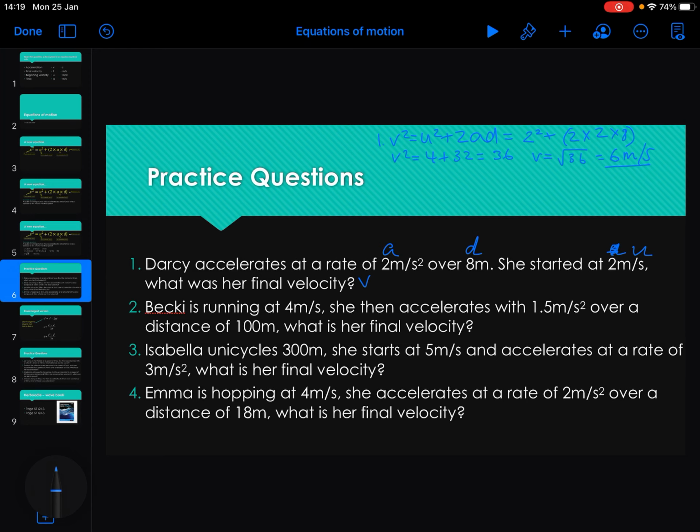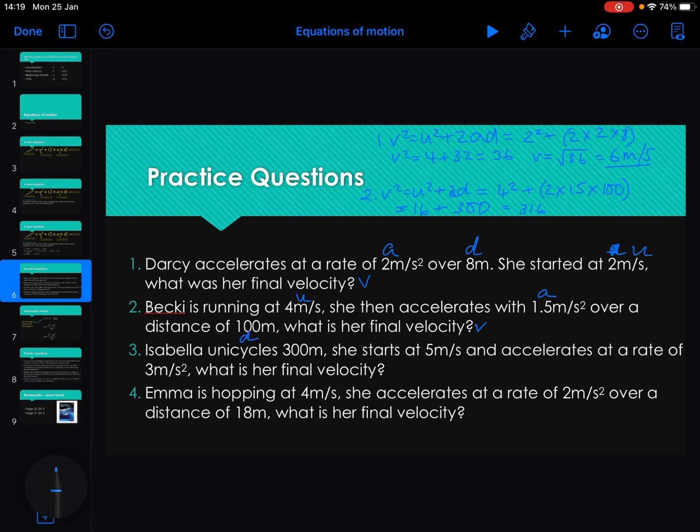Becky is running at 4 meters per second, so that's going to be our U. She then accelerates with 1.5 meters per second squared over a distance of 100 meters. What is her final velocity? So number 2. V squared equals U squared plus 2AD. So 4 squared plus, open brackets, 2 times acceleration, 1.5, times distance, 100, equals 16 plus 300